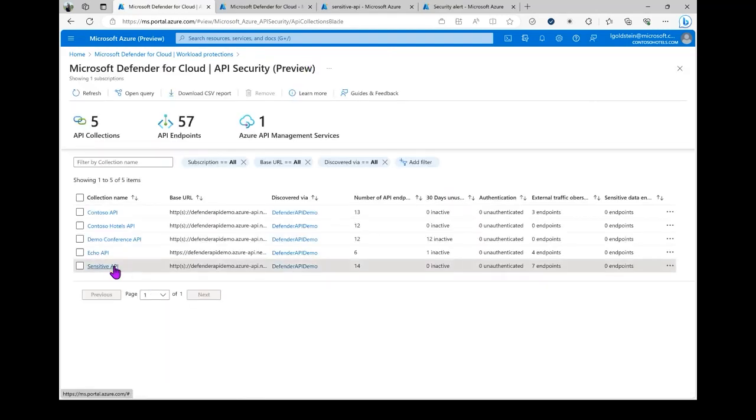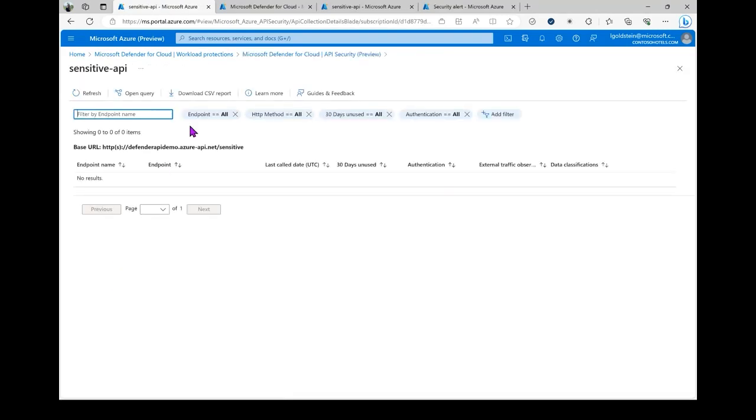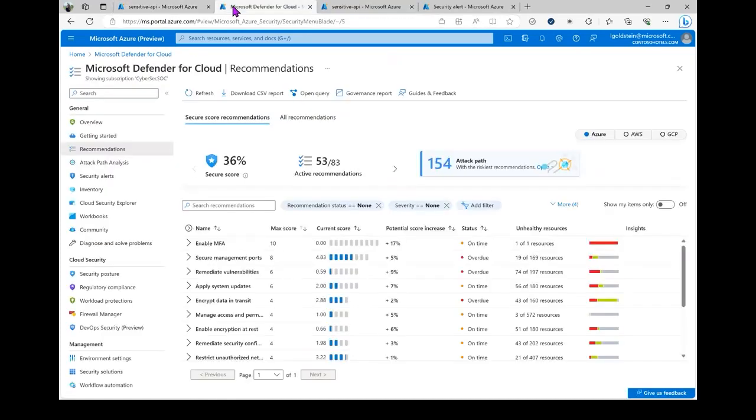If this loads, it would show me a resource health blade, and I would be able to see that the API has the recommendation that it should be authenticated properly. And then the other outstanding recommendation that would be present would be that it should be onboarded, but that would be marked as healthy. And I would also be able to see the sensitive data classification within the resource health blade. I'll try to open that one more time, but it doesn't look like it wants to work right now.